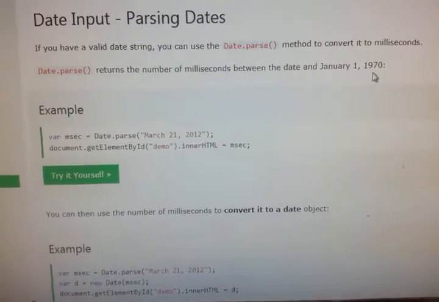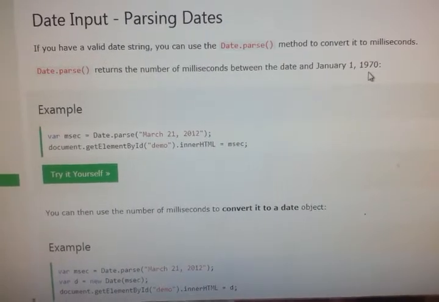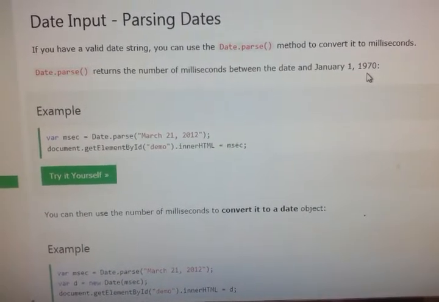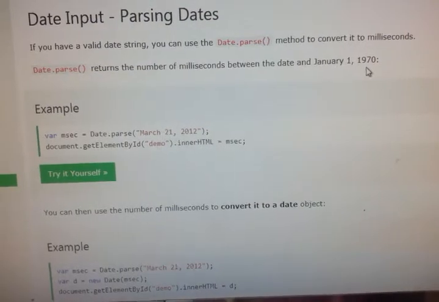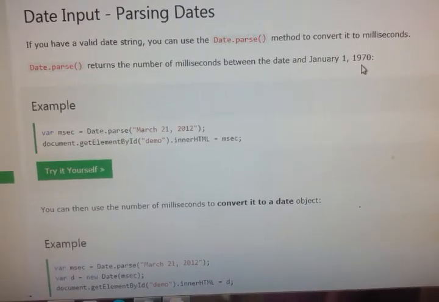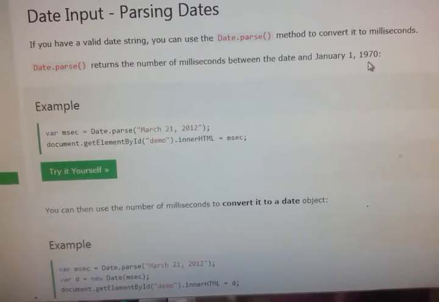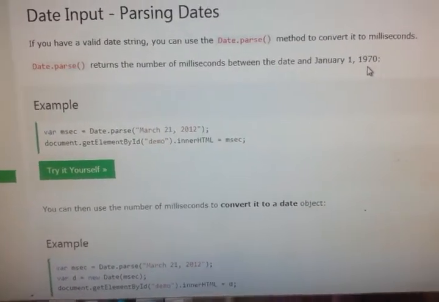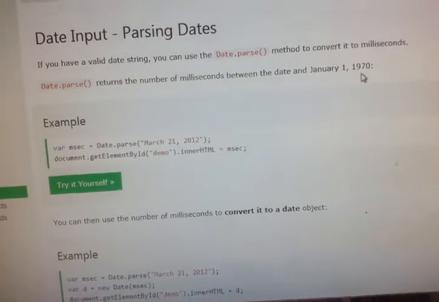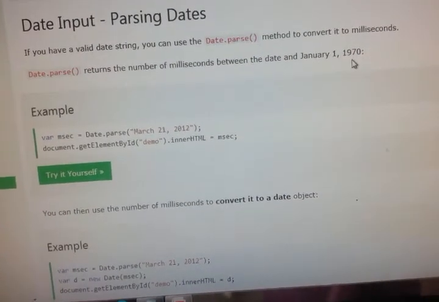So the base month is taken as January, the base date is taken as 1, and the base year is taken as 1970. From 1970 it will give the total number of milliseconds.